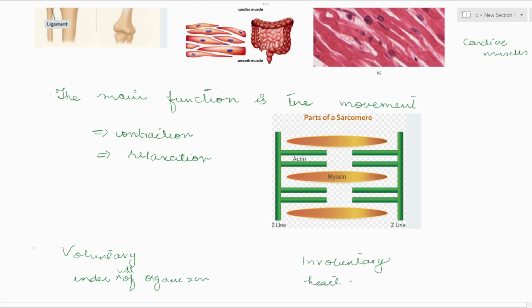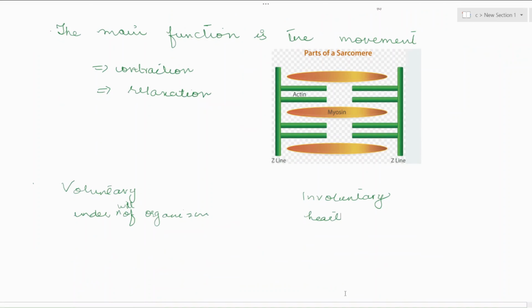Okay, what about smooth muscles? Exactly. Your stomach is doing digestion without your will. You cannot control the digestion. It has to move. It would produce acid even if you are not eating. So it's an involuntary action. So, both smooth muscles and cardiac muscles are involuntary, while the skeletal muscles are